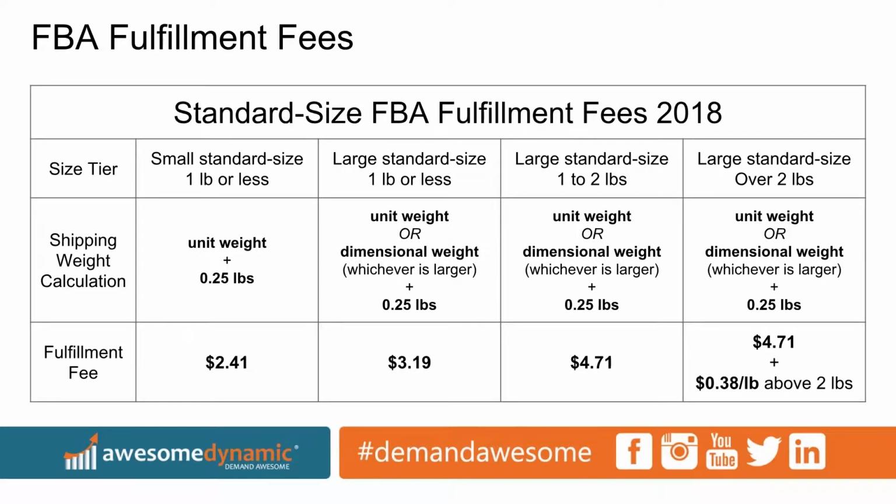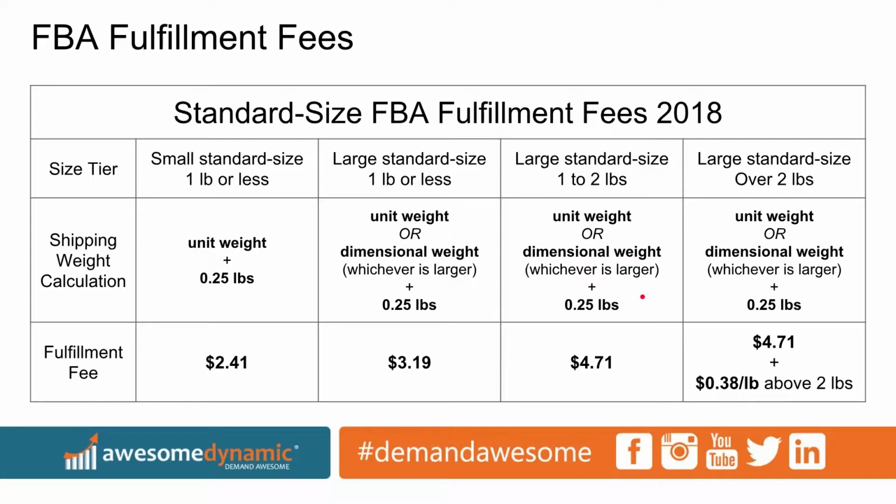You'll see that there are 4 different size tiers, and you'll also notice that there is a shipping weight calculation. For example, if we look at the large standard size 1 to 2 pounds, the way Amazon calculates shipping weight is that they take either the unit's standard weight or the dimensional weight, whichever one is larger, and they add